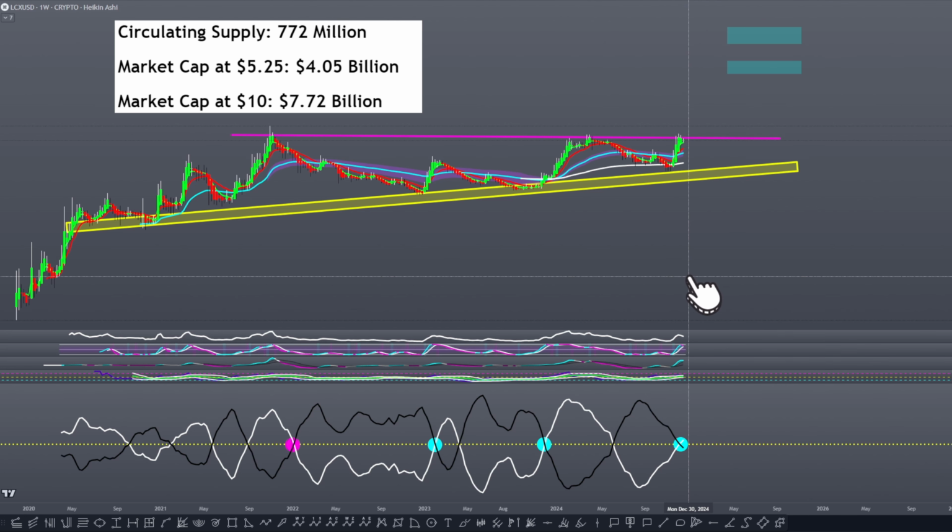As I said last time in my video, $5.25 to $10 is what I have been projecting using my phase cycle framework and its superimposition. But from what I've read, apparently this is a pretty credible coin, and it could potentially go far higher, given that at $10 it would only be worth 7.72 billion, which is quite a small market capitalization. So it hypothetically has a lot more room towards the upside, given how small that is at $10.